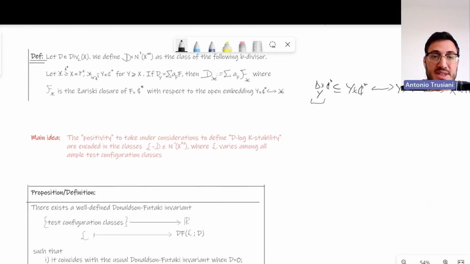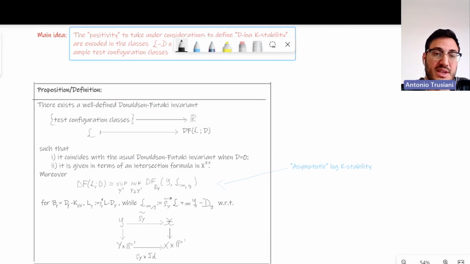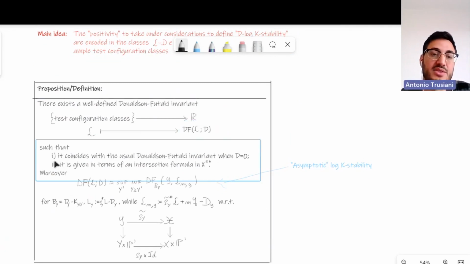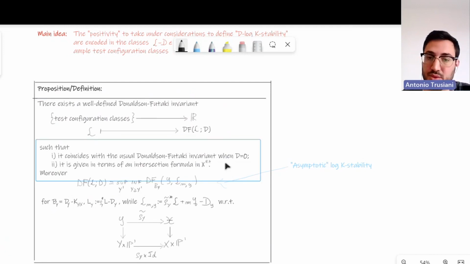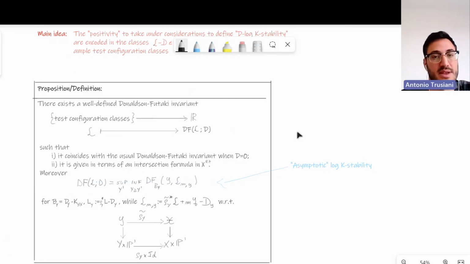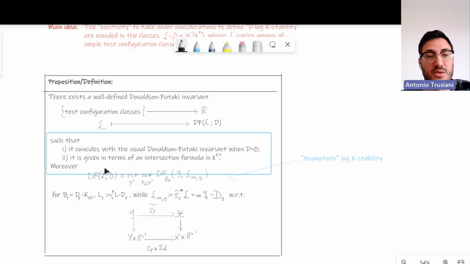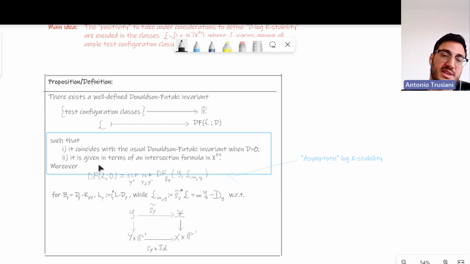Okay, so the point is that with this perspective, the proposition-definition is that there exists a well-defined Donaldson-Futaki invariant. They are associated to test configuration classes, and it coincides with the usual Donaldson-Futaki invariant when D is 0, and that's something that we want. And moreover, it is given in terms of an intersection formula, so in principle it is computable. And moreover, we have this kind of proposition when we interpret this Donaldson-Futaki invariant as an